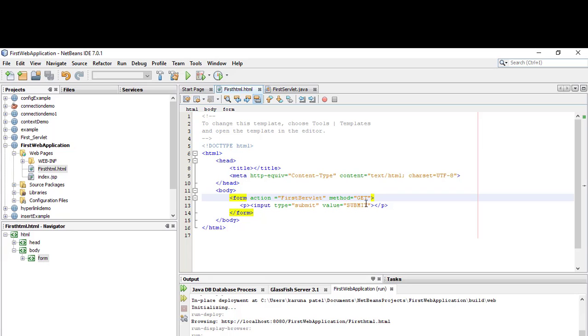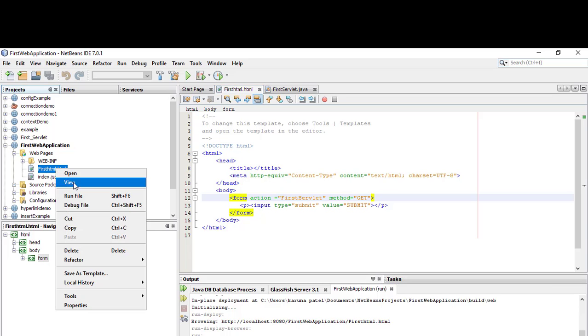So if you are using method equal to get, you need to write servlet code in doGet method. This is the button code. Input type is equal to submit and value is equal to submit. Let's run the program. This is the button displayed on the browser.